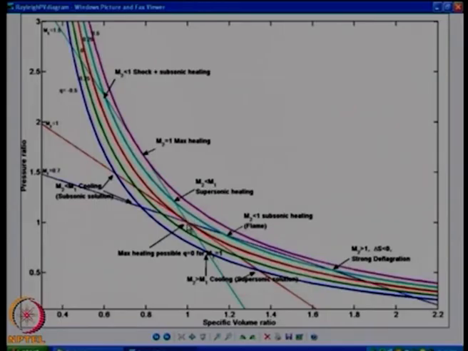Now if I go the same line on heating side, that Rayleigh line is going and cutting on slight heating somewhere here, okay, where my pressure decreases and volume increases, that is the gas has expanded. I have added heat and the gas expanded. This is our standard flame, this corresponds to your flame solution. Typically they call this in combustion world the deflagration. Okay. This is your deflagration solution, and there is one more solution out here. If you go to the entropy calculations, you will find that it will be a strong deflagration as per combustion terms, and that is your delta S less than 0 condition. Okay. Again, that is not possible for our situation, unless you have an expansion shock,